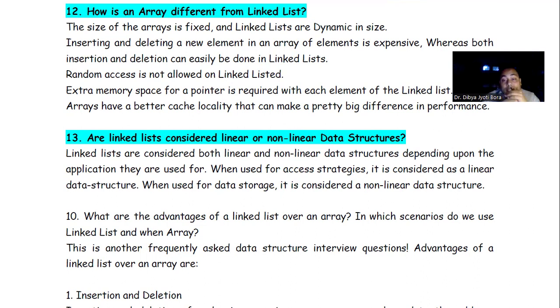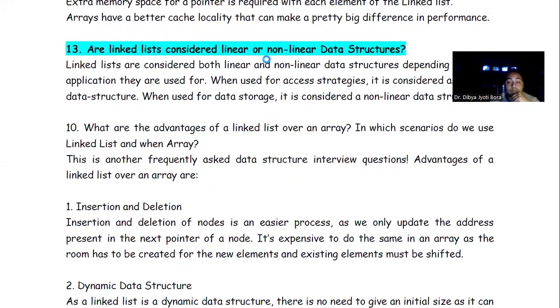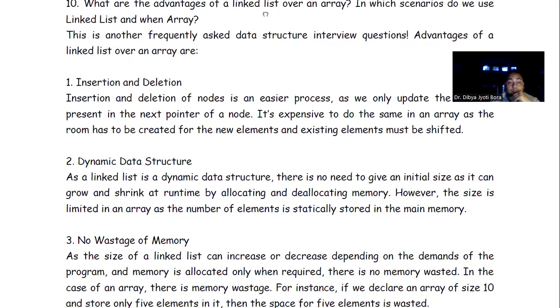For access strategies, it is considered a linear data structure because you cannot directly have random access. But when used for data storage, it is a kind of non-linear data structure because we are using pointers, and a pointer may refer to any location, not contiguous. So in that way, you can think of it as a non-linear data structure.